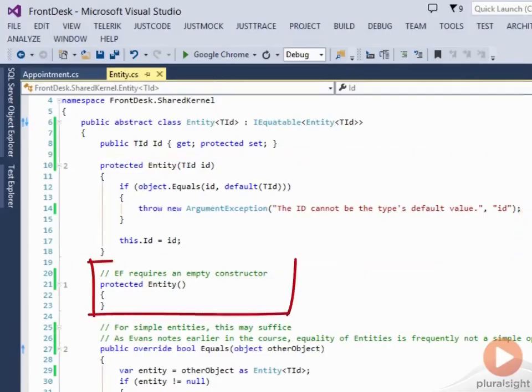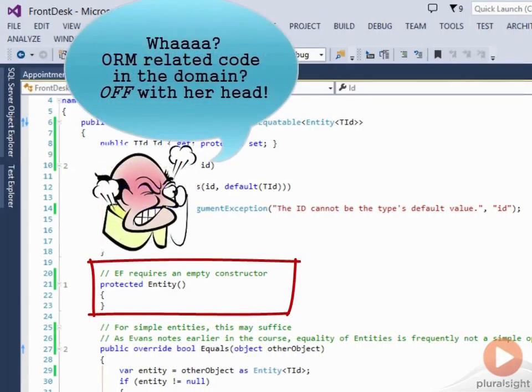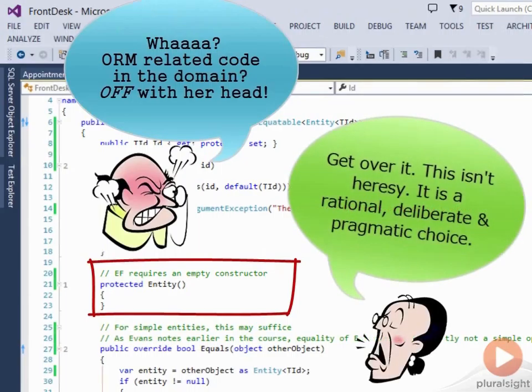There's also another constructor here, which is a protected constructor. Now, you've heard us talk about how all our focus is on the domain right now, not about our persistence layer. But because I know that we're going to be using Entity Framework, that's the ORM we use, and I know that Entity Framework has a particular rule about constructors for our entity classes,